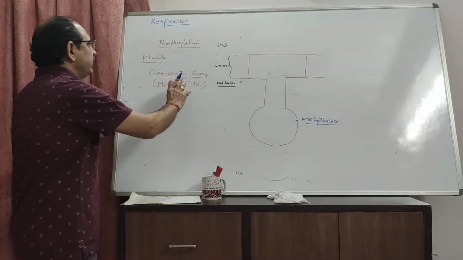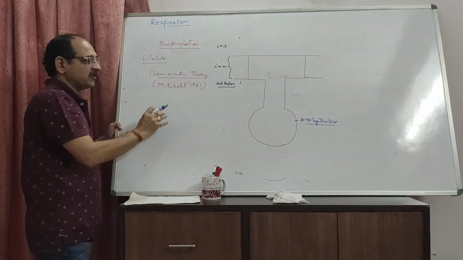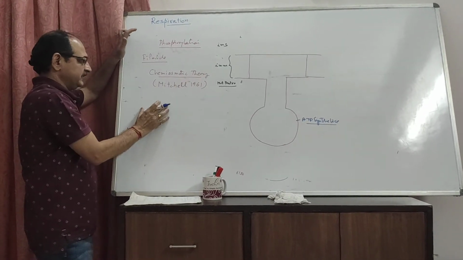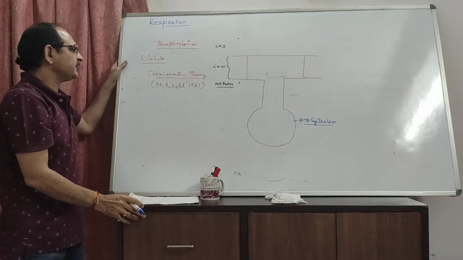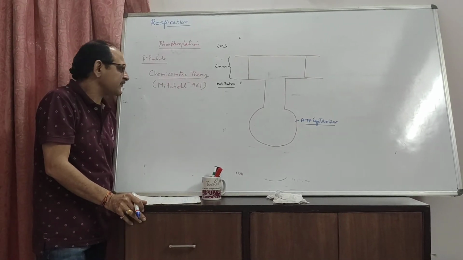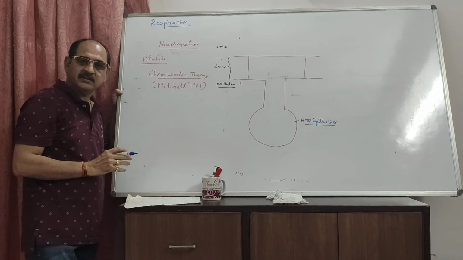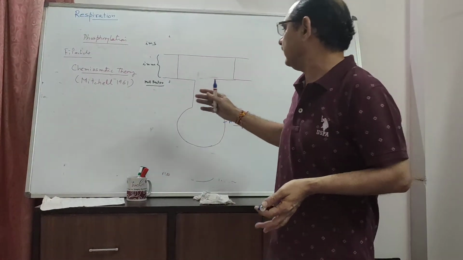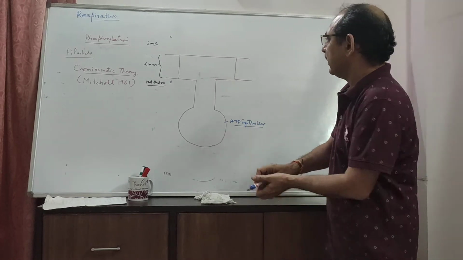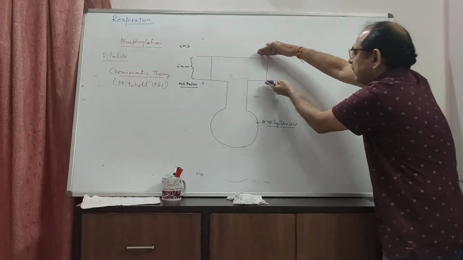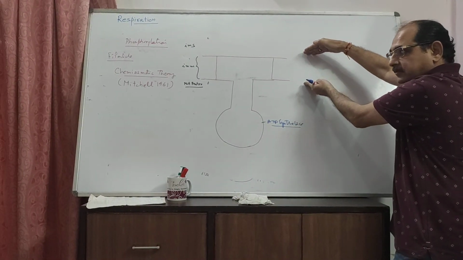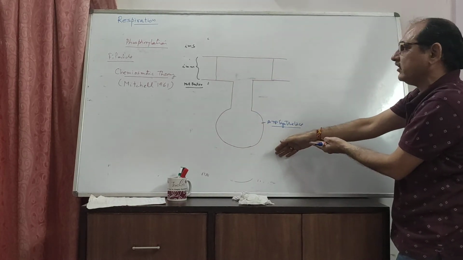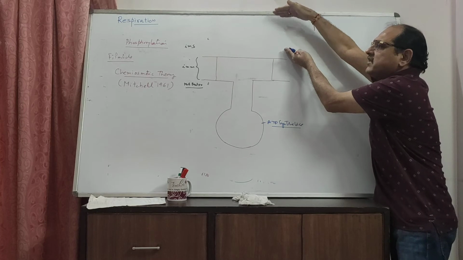So what happens during the phosphorylation, or how the ATP is synthesized? Let us see here in the F1 particle. One very famous theory, chemi-osmotic theory, was proposed by Mitchell in 1961, who has discussed how the ATP can be synthesized in F1 particles. Okay, so here it is the inner mitochondrial membrane. It means here it is the mitochondrial matrix where F1 particle is found, and here it is the intermembranous